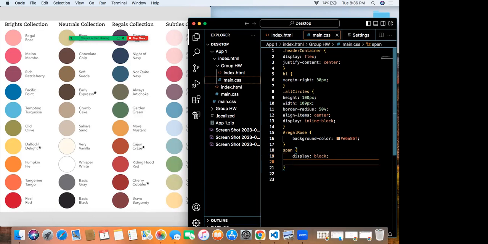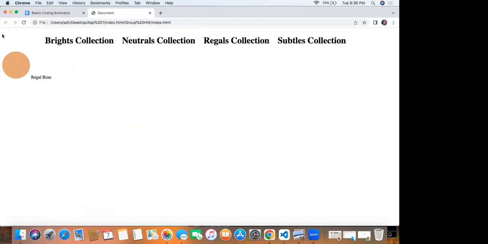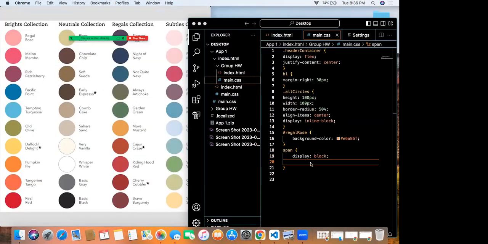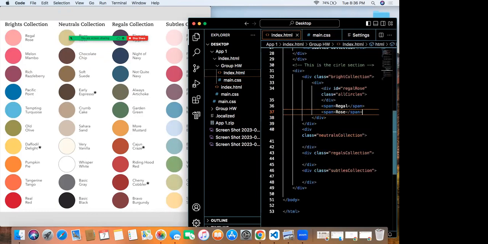Okay, save. Yeah, this is how it should be, because it doesn't have its own div. Can we align something? No, you have to put those spans in a separate div, and then that div would be an inline block. I have to put what in a separate div? Go to index.html. So these two spans would have to be in a div, so that that div would be an inline block element.